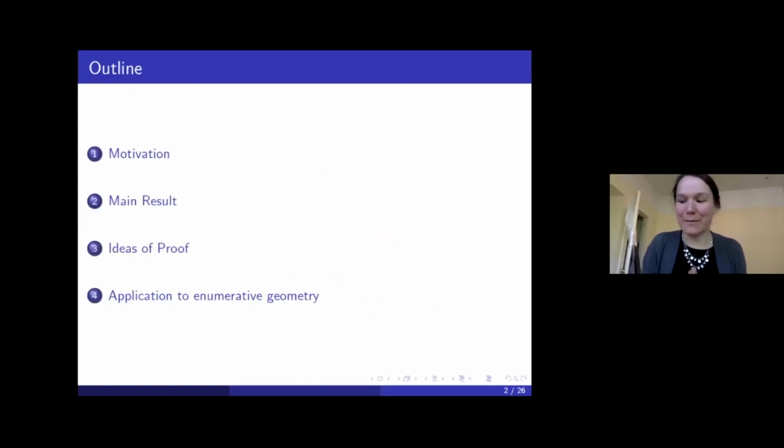Okay, so today I'm gonna start with some motivation from the dimer model. And then I'll state my main result, which is a recurrence that the tripartite double dimer configuration satisfies. I'll spend some time talking about some of the ideas that went into the proof. And I'll conclude with an application to a problem in enumerative geometry that's joint work with Ben Young and Gautam